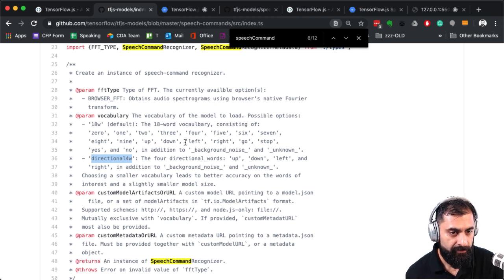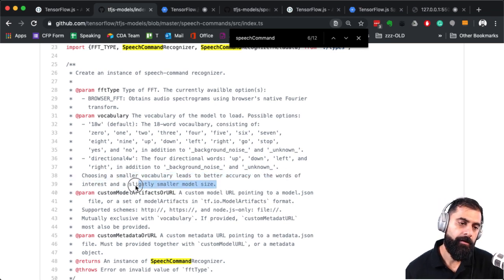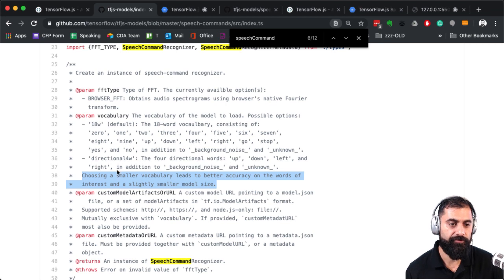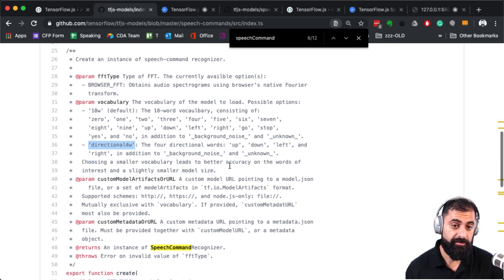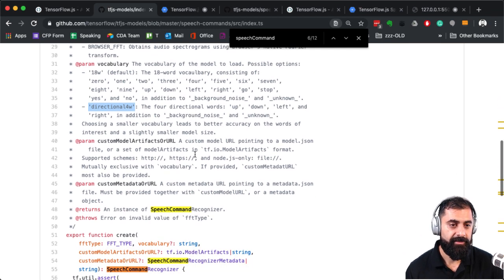Oh, I see, the second one is just those four. Choosing a smaller vocabulary, yeah, that makes sense. If you only need to detect up, down, left, and right, then maybe that choice is better for you, because it's going to be more accurate.